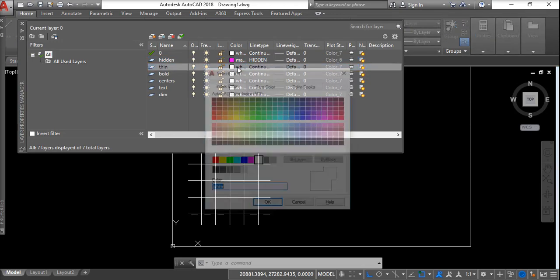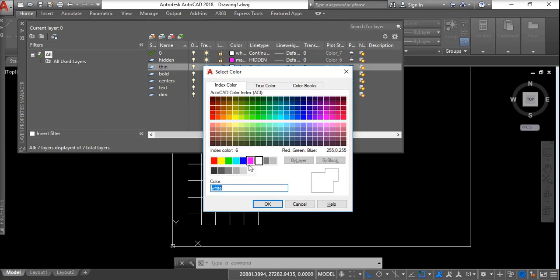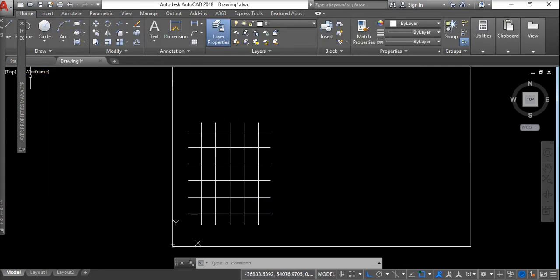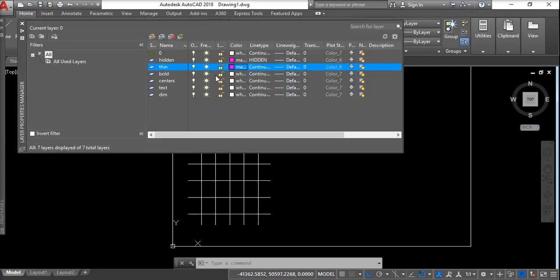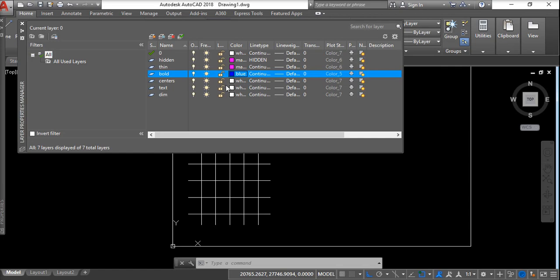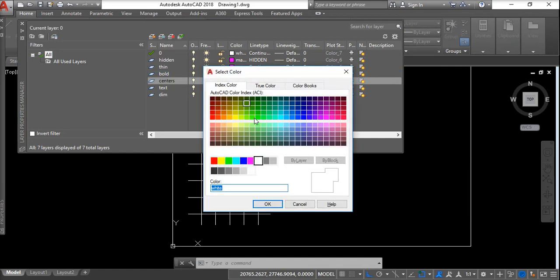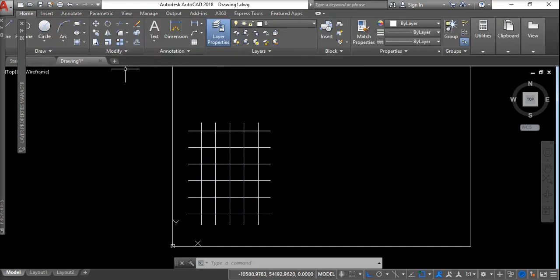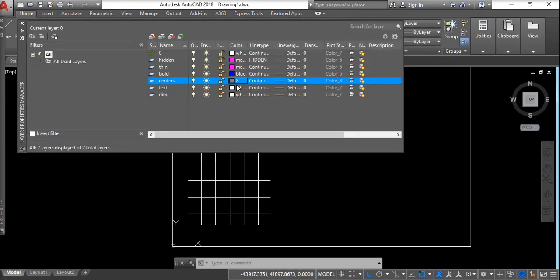And for thin, hidden and thin are same in intensity, so I will also click this for a magenta line. Okay. Again, I will go for bold. This time I will select this color blue. Centers can be very thin lines, so I will use color 8 for this. Okay. And for centers, I need